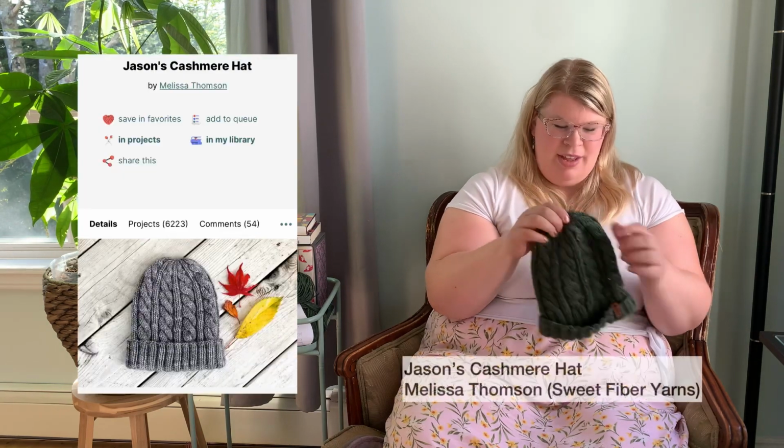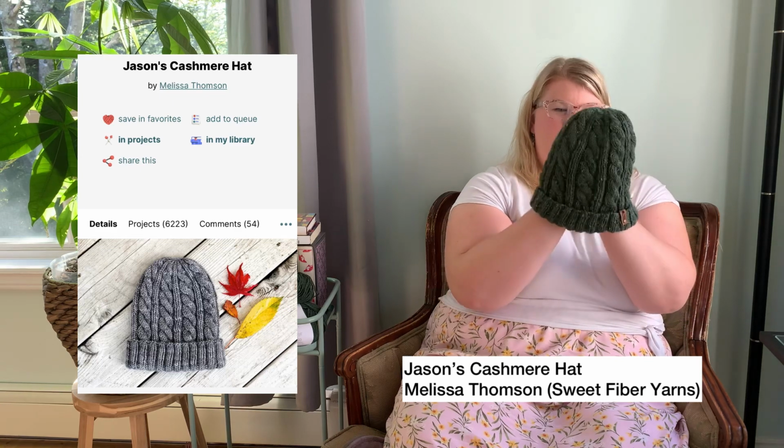The socks were not the first thing that I knitted for Doyle. The first thing that I knit for him is my go-to pattern for any small amount of yarn that I have left. It's my go-to gift too, whenever I need to give a small hand knitted gift to someone, if they are knit worthy. I will talk about that in a minute. I started it when we were on a trip for his birthday, and I finished it right before Christmas. It is Jason's cashmere hat, and it is the best